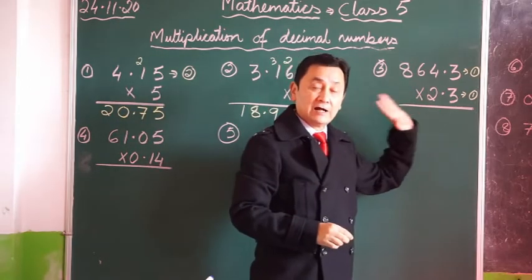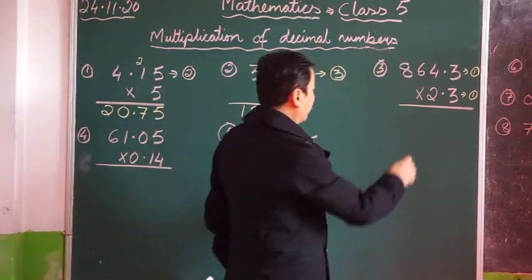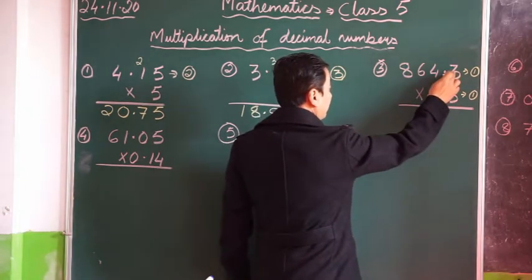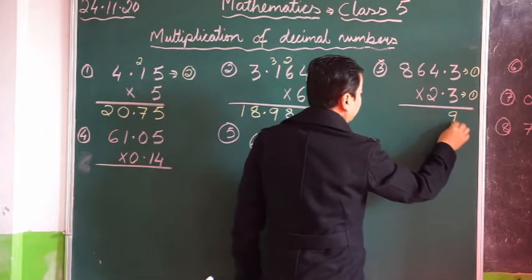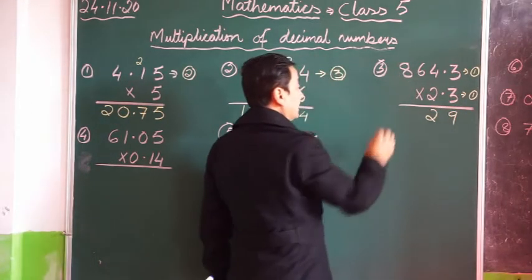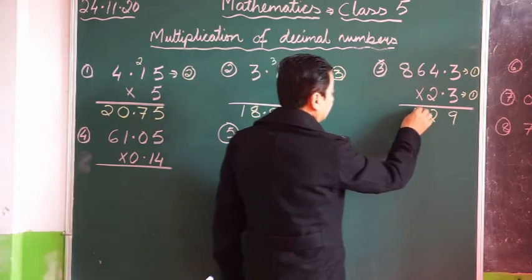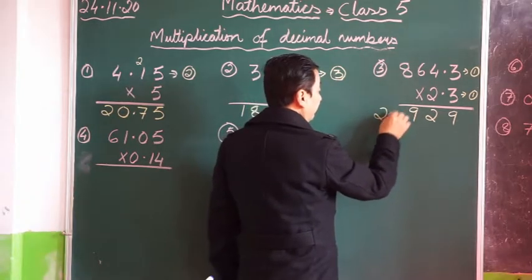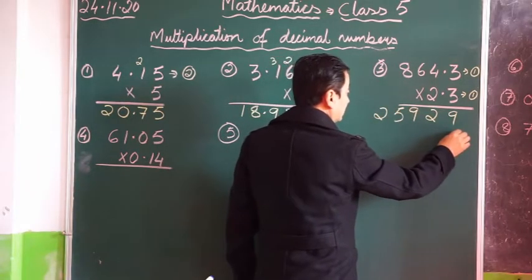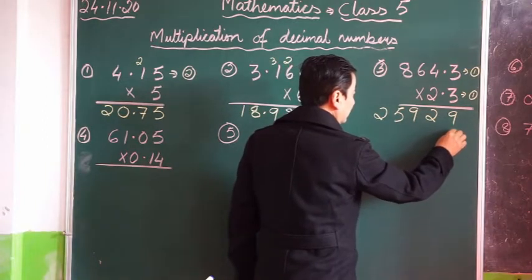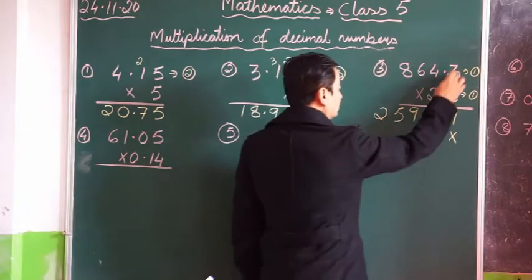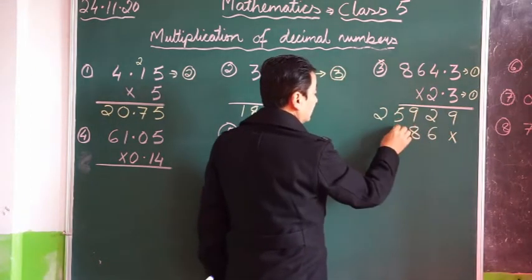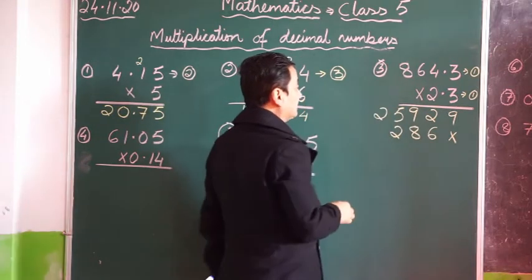Now forget about that and do as we have been doing before. 3 multiplies all this number, then you put a cross and multiply with 2. 3 3s are 9, 3 4s are 12, 3 6s are 18 plus 1, 19. 3 8s are 24 plus 1, 25. You can put a cross or a 0. So multiply with 2. 2 3s are 6, 2 4s are 8, 2 6s are 12, 2 8s are 16